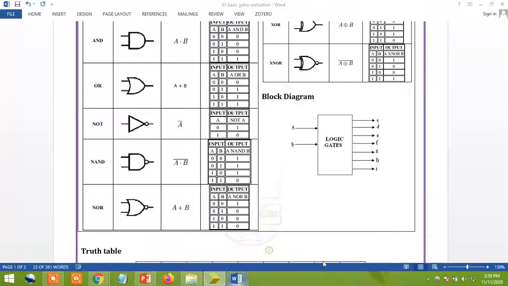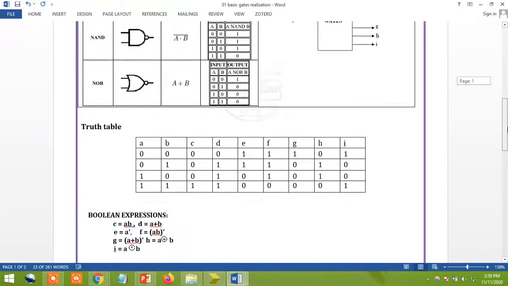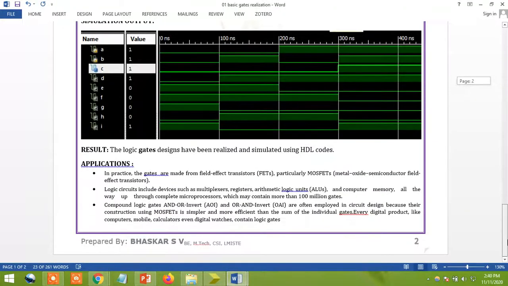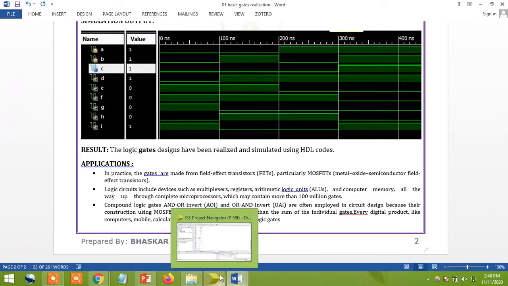Just see what my intention is. See the waveform I am getting. I want this type of waveform. Every few nanoseconds the A value should change, with a time delay of 100 nanoseconds. The second thing is the AB values: initially 0 0, next 0 1, then 1 0 and 1 1. Similarly, I need to verify the C, D, F, J values. That is my intention. For that, I'm going to write the Verilog code for the test bench program.